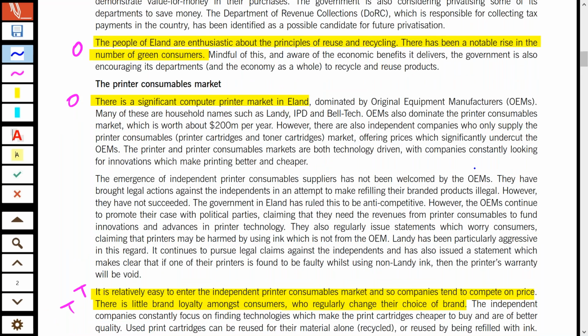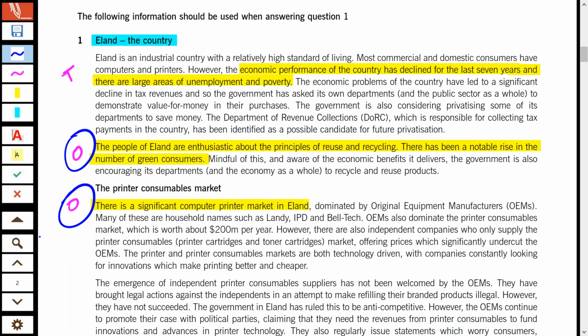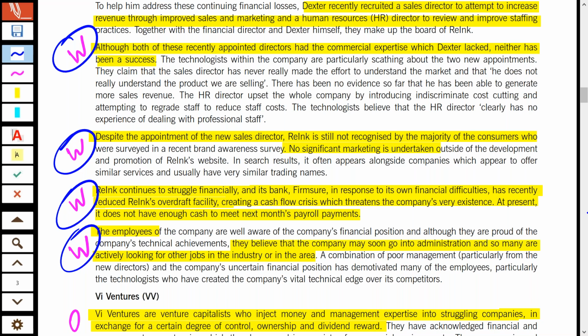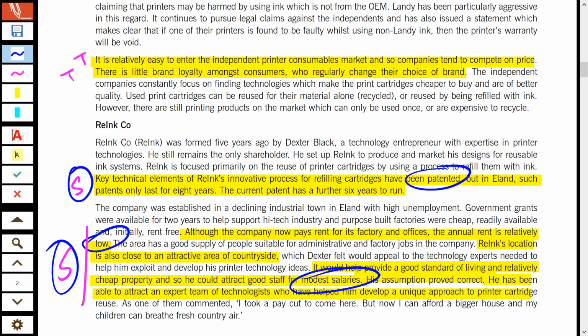Opportunity. This one. There's a notable rise in green consumers. People are enthusiastic about recycling. There's a significant printer market. There are venture capitalists who help struggling companies. Threats: